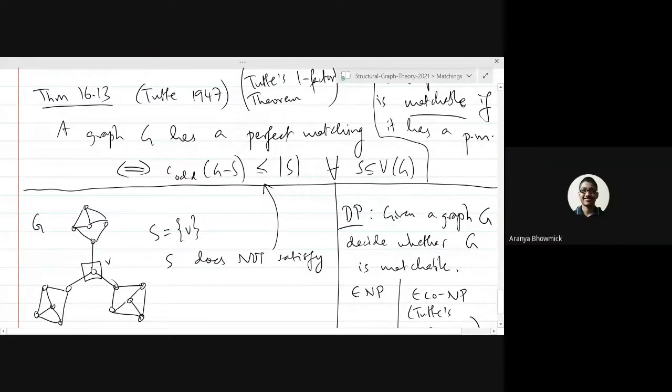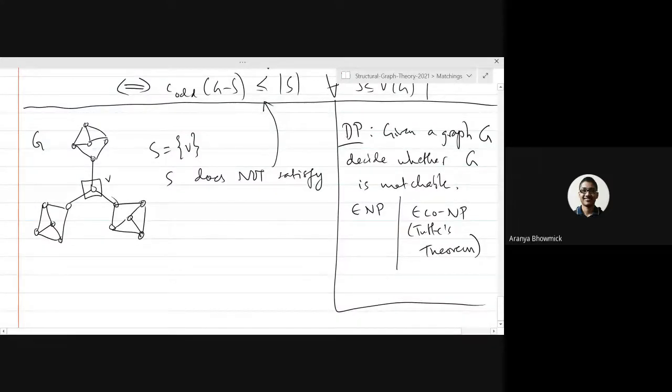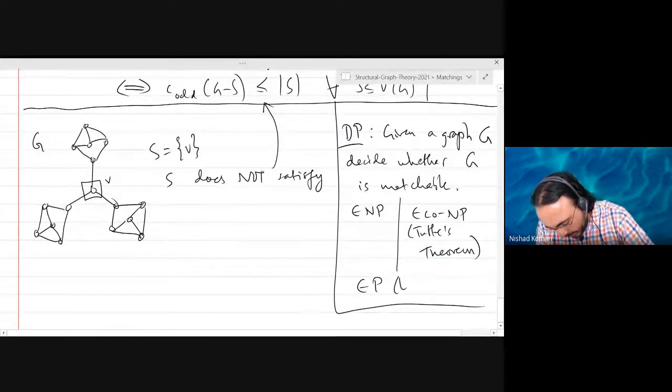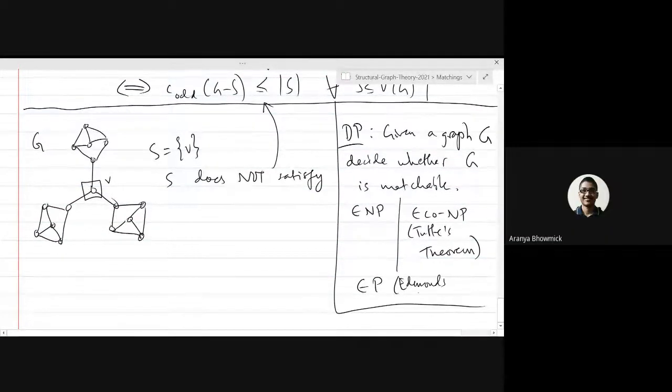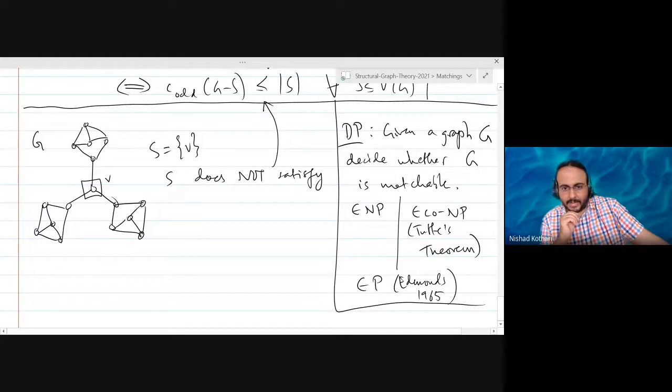I have just a question. When you are saying that this decision problem is both in NP and co-NP, I have just a comment: this particular decision problem, deciding whether a given graph G is matchable or not, can be solved in polynomial time, right? Right, it is in P, because of Edmonds 1965, the blossom algorithm. You can find a maximum matching and then check whether it is perfect. So finding a maximum matching and therefore finding a perfect matching are polynomial time solvable problems. And Edmonds' algorithm will not just give you a maximum matching, it will also give you a barrier to certify that it is a maximum matching.